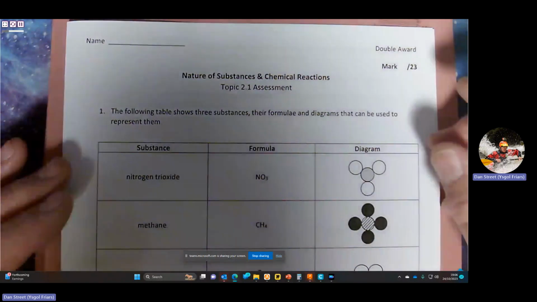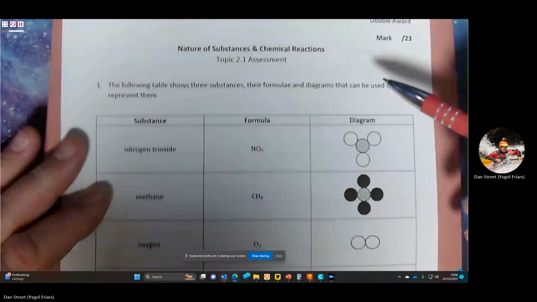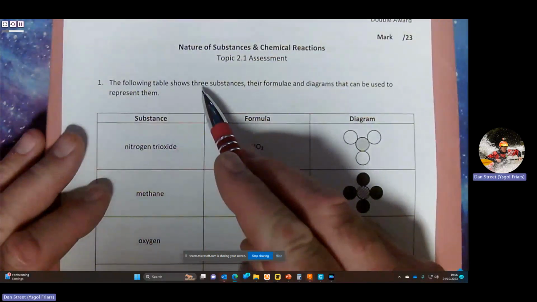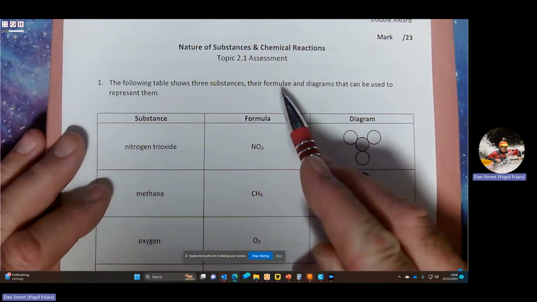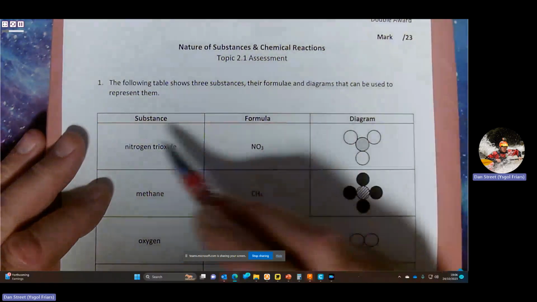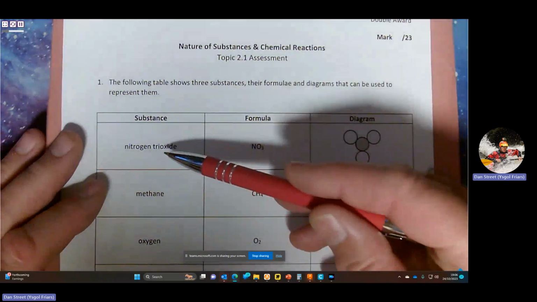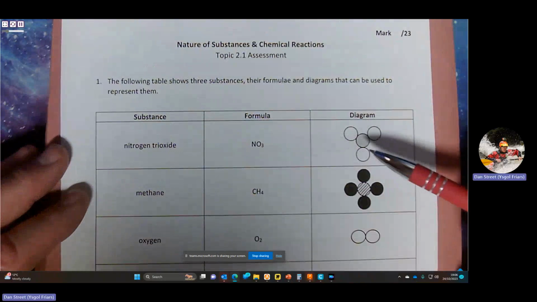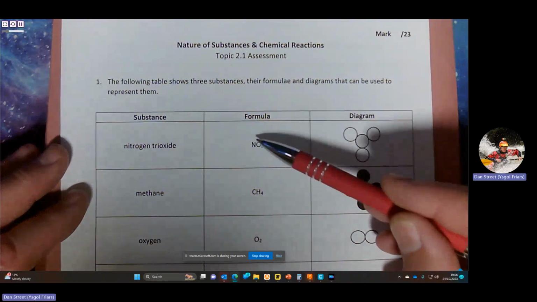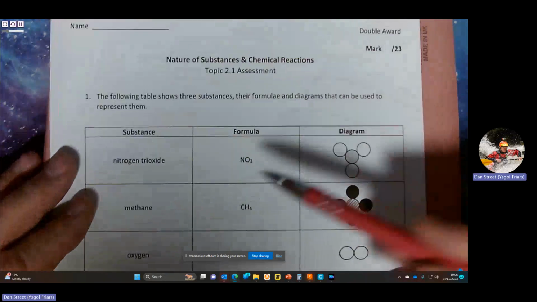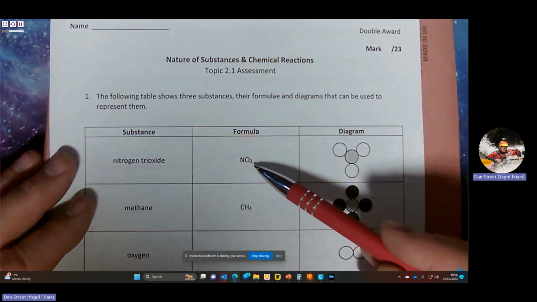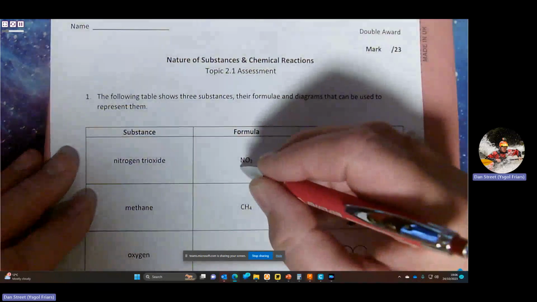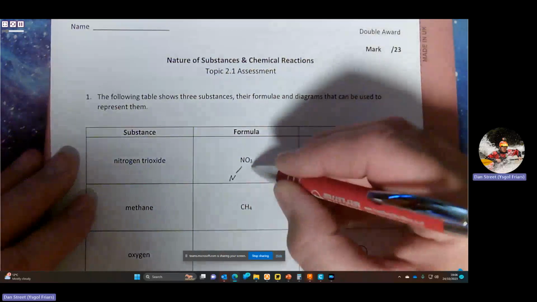Okay, so this is question 1. It says the following table shows 3 substances, their formula and diagrams that can be used to represent them. So here we've got the name of the substances, here we've got the formula, and here we've got diagrams that correspond to the formula. Okay, so we can see in this formula NO3, so that will mean 1 nitrogen and